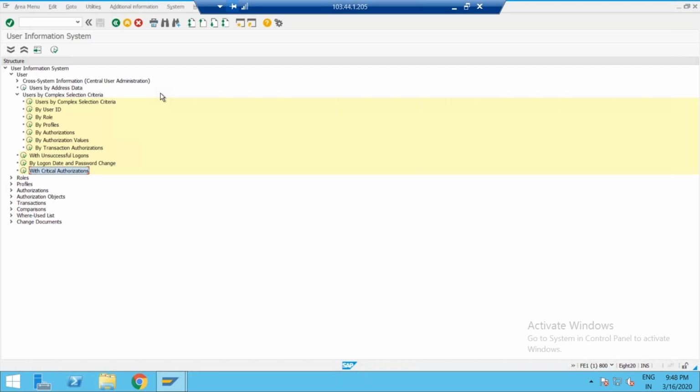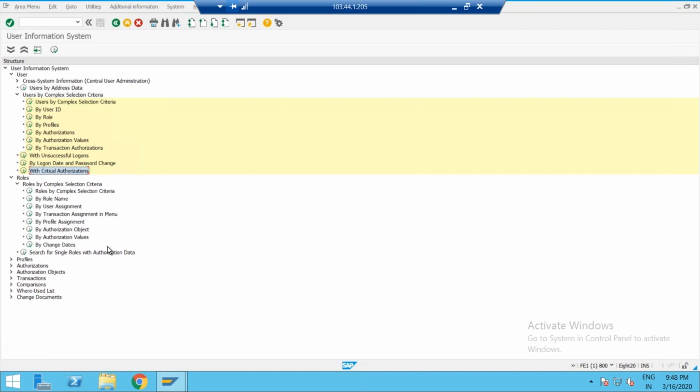Expand the role. Again, by role assignment, the same thing is obtained. Role name, user assignment, assignment in menu.